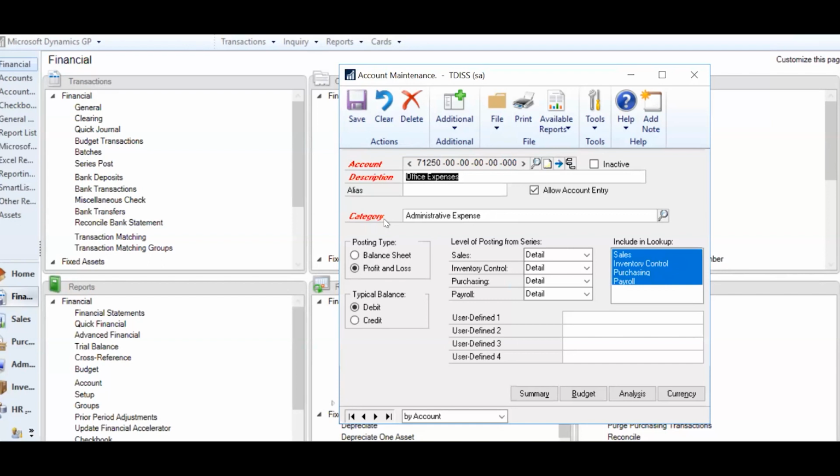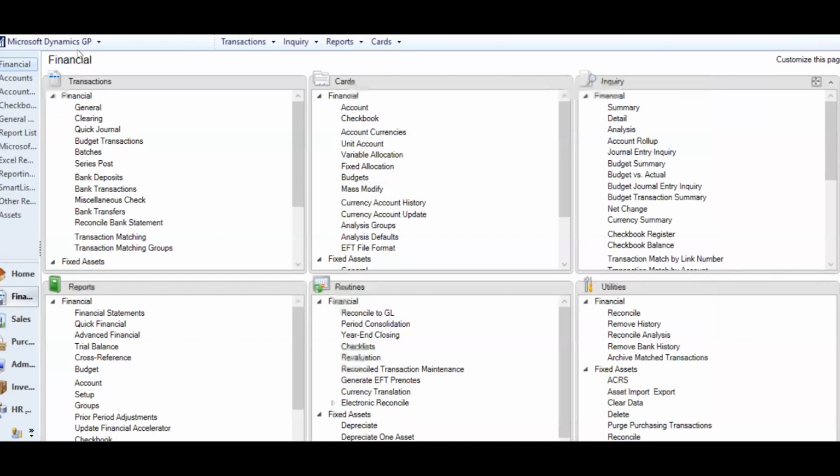Now, how do you know which table that you need to pull in based on the information that you're looking for? And that's a great question. And Smartlist Builder is a great utility which allows you to find that out, right? Without allowing you to dig as much. So if you have the window open that you know contains the information, you can just take note of the window, which is the account maintenance window. And that is where you can get your information. So this is administrative expense, account maintenance window. So if we go back into Smartlist Builder,